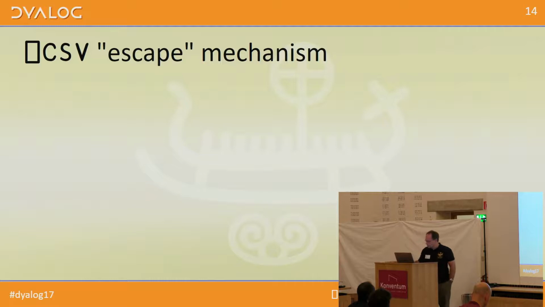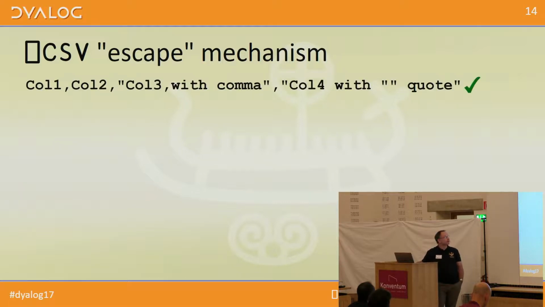The most important one is how we deal with escaping. So in this line, this is supposedly a line from a file which we're going to read, a CSV file. We have got 4 fields. There's the first one, the second one. The third one contains a comma, so it's been quoted. And the fourth one contains a quote, so it also has to be quoted with a double quote. And that's the only format that Quad CSV supports, and it's pretty much what most applications use.